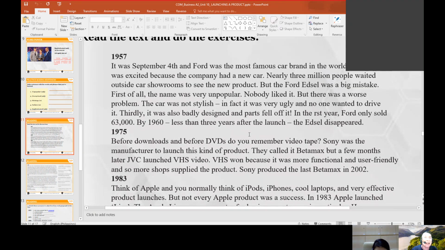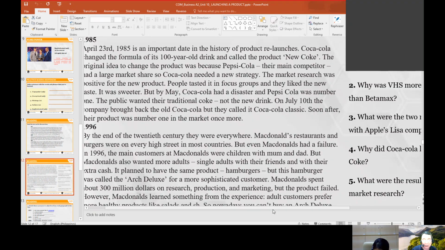A story way back, and this is a living example of a product that became successful and became unsuccessful. Okay? Now, let's try to read